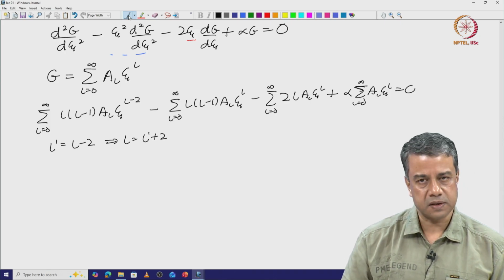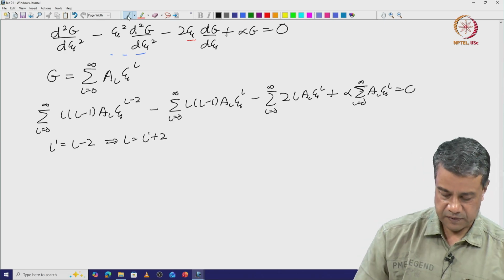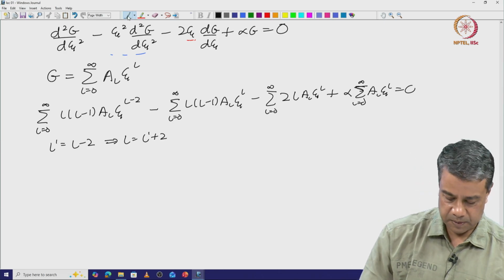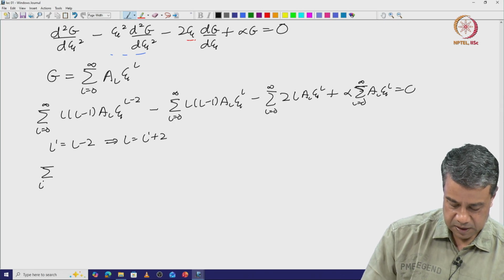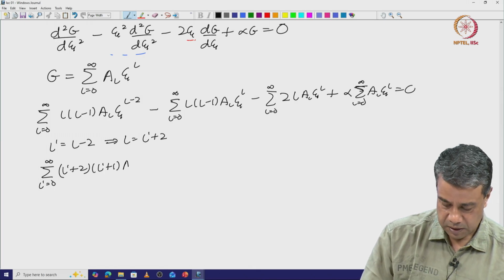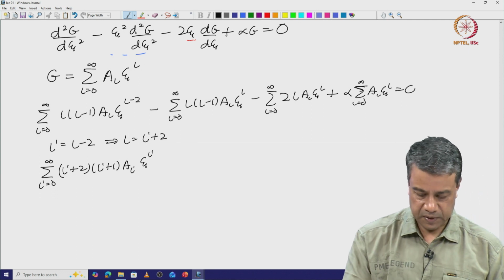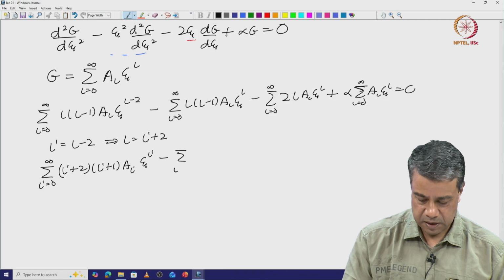So, if I substitute L is equal to L prime plus 2, I will get summation L prime is equal to 0 to infinity of L prime plus 2 into L prime plus 1 A L prime psi power L prime, minus summation,